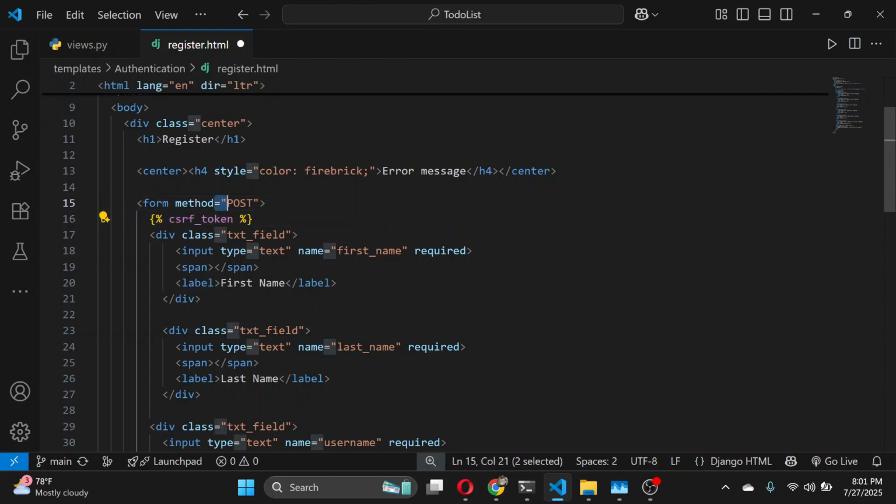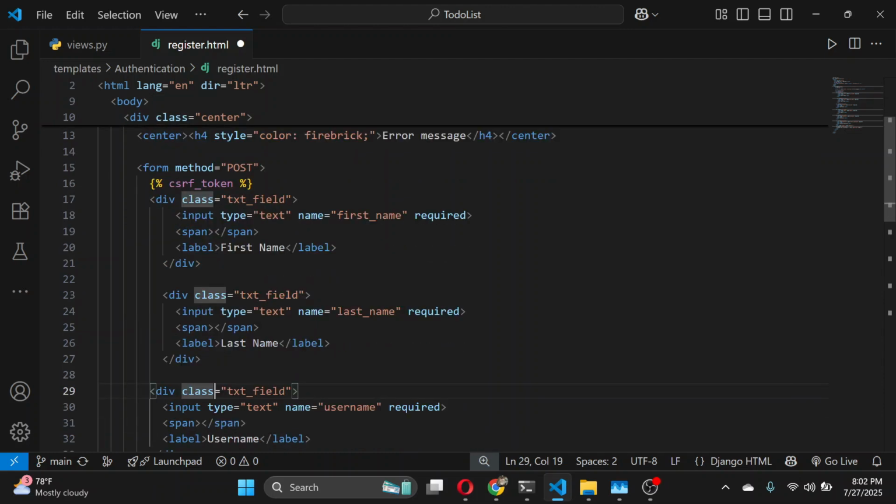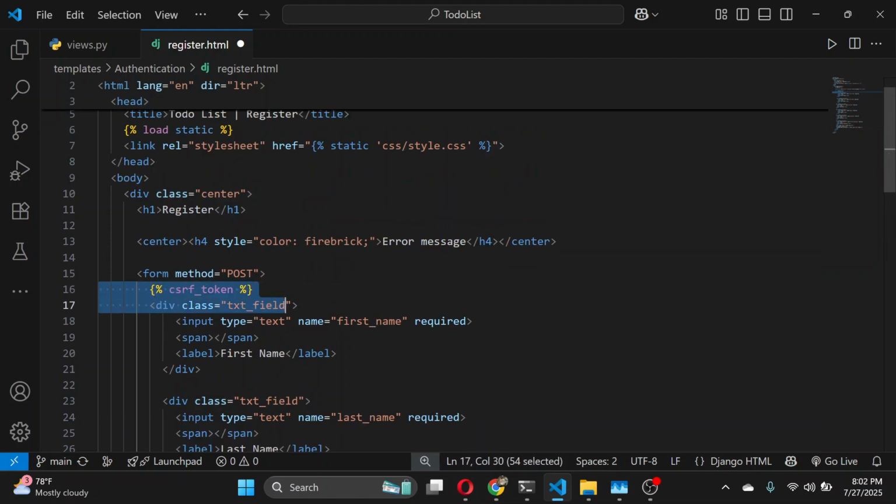CSRF token is basically anytime you specify it in a Django form, it is going to be a hidden value that helps to let Django know that this post request is coming from this form, which is coming from this website. So this helps to prevent malicious parties from sending a post request from a totally different form to our server. So this is basically a way to authenticate that the request, which is coming from this form, is coming from our website. That is, if we don't add this CSRF token right now, it would mean that another, like a